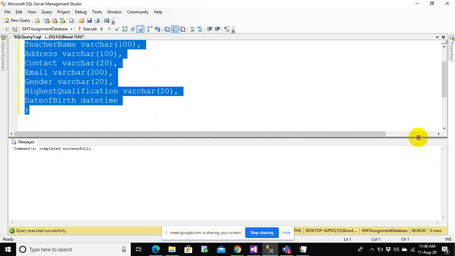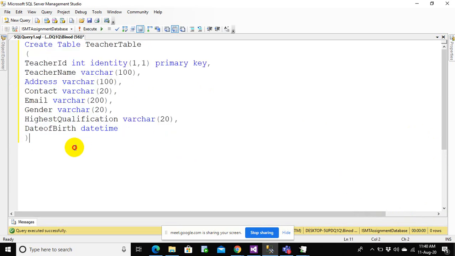I would also have to create a stored procedure for this. So how do we create a stored procedure for insert, update, and delete operations? Let's create procedure sp_manage_teachers, begin and end.